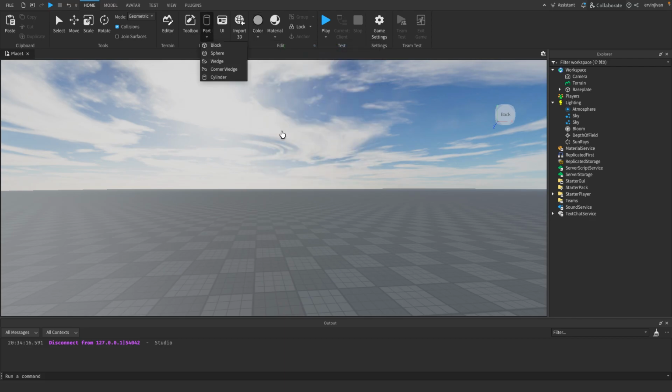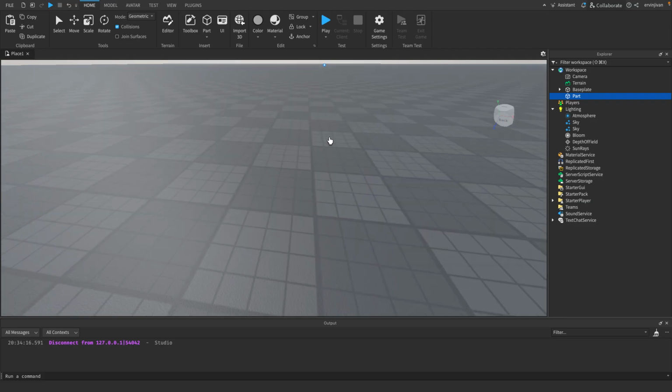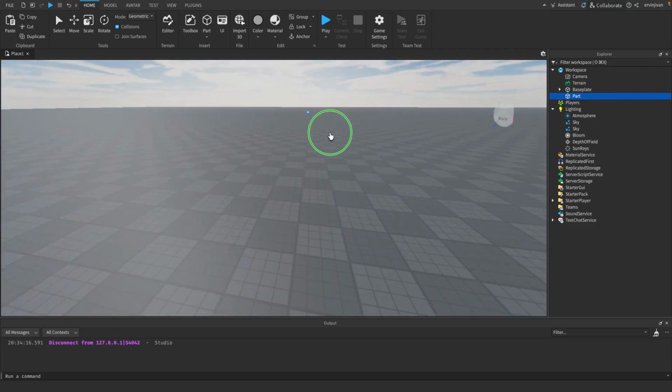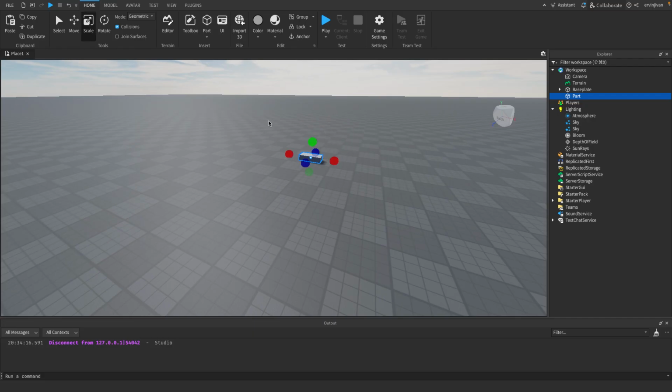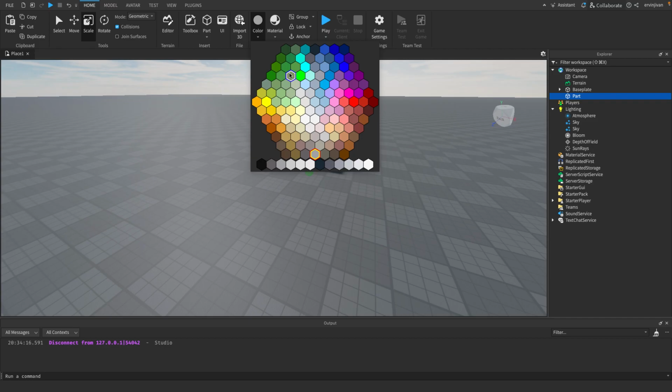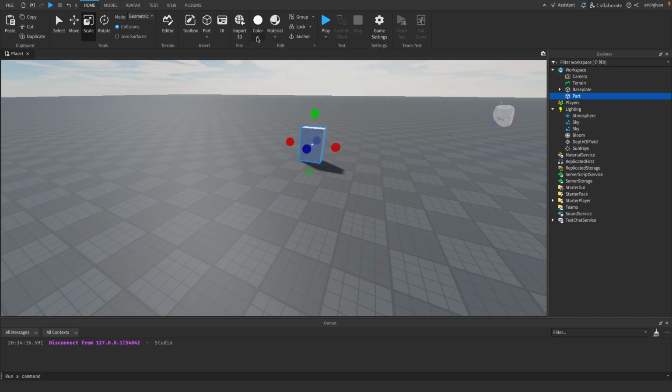There's the color. This works with a part. Let me just get a block, the original part. And I add scale like this. Now with this, if I set color, I can set it to green or white,